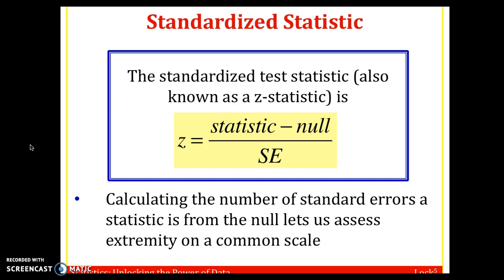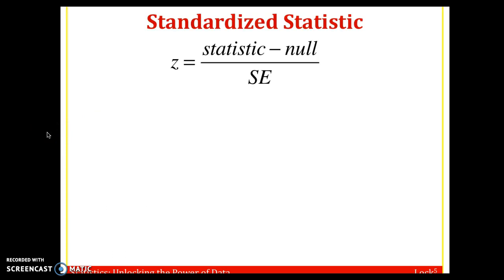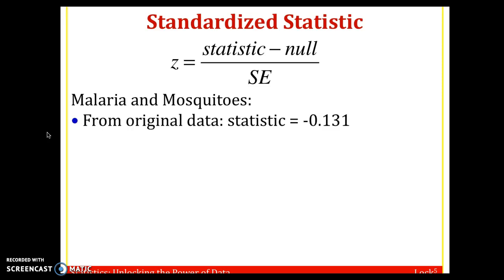And the idea is if the Z-score is very, very far away from the null, then we're going to reject the null hypothesis. If it's not too far away from the null value, then we do not reject the null hypothesis. So going on the last example with malaria and mosquitoes, our statistic, the difference of proportions, p-hat